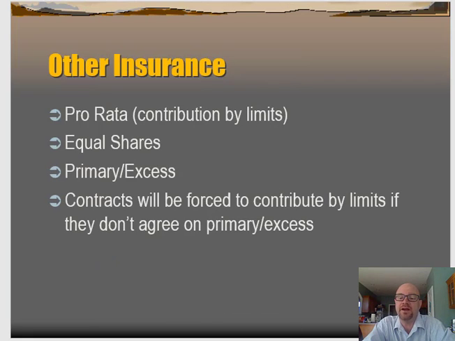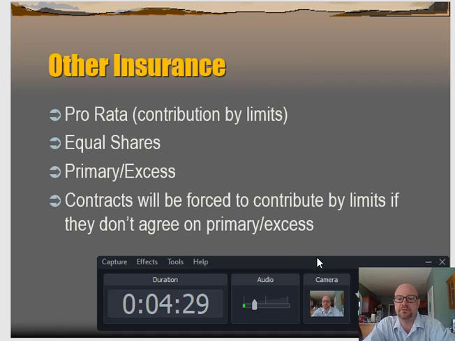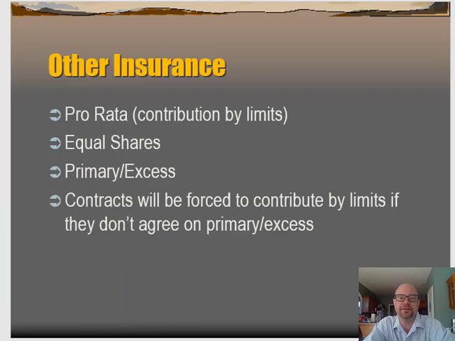Then we need to talk about other insurance. So the idea behind other insurance is, it is what it says. What if you have another insurance contract that also covers this loss? So you could have two insurance companies that are legally responsible for paying the loss. Well, they're not each going to pay. Right? You don't get paid twice. We're not going to pay some injured party twice. That creates huge moral hazard problems. So we have to figure out the liability. How do we divide that?